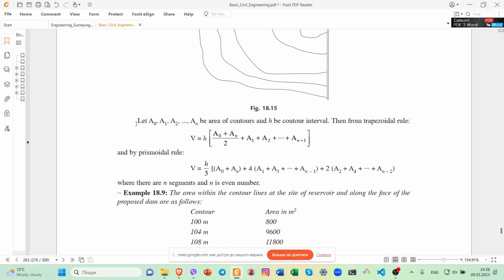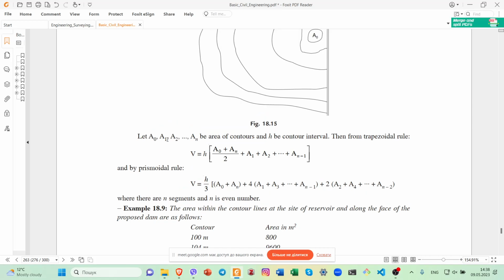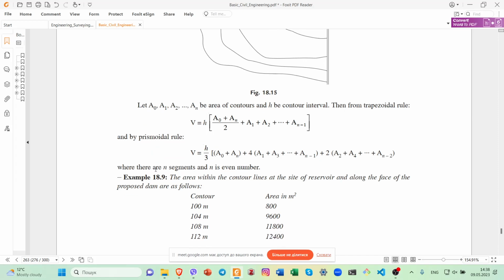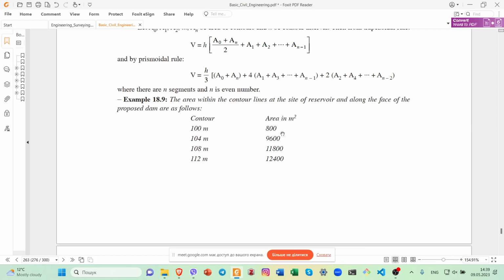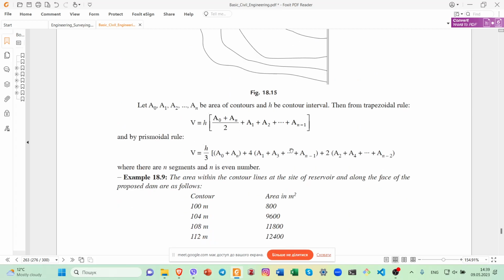Let A0, A1, A2, and AN be areas of contours and H be the contour interval. Then from the trapezoidal rule, we just write down the volume as this formula, and by the prismoidal rule, another formula, where there are n segments and n is an even number. And here you can see an example